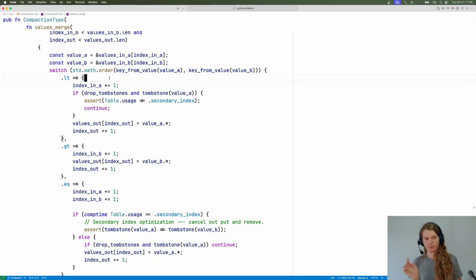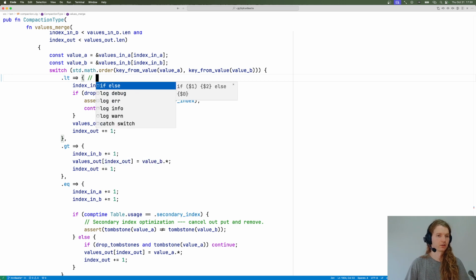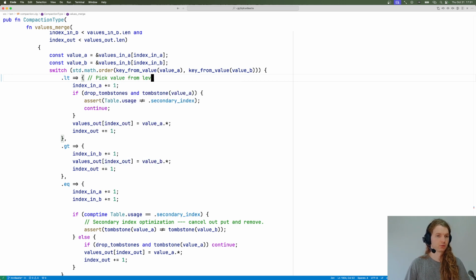Oh, no. This does make sense. So here, this is like a big value from level A, a big value from level B,